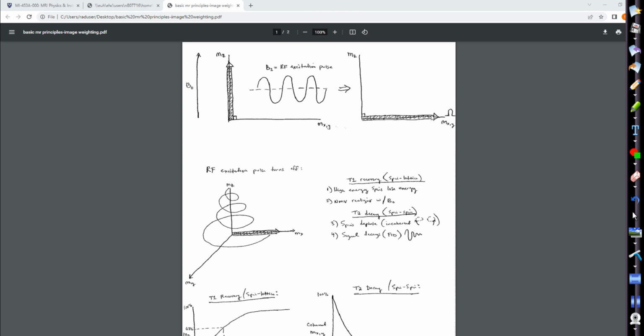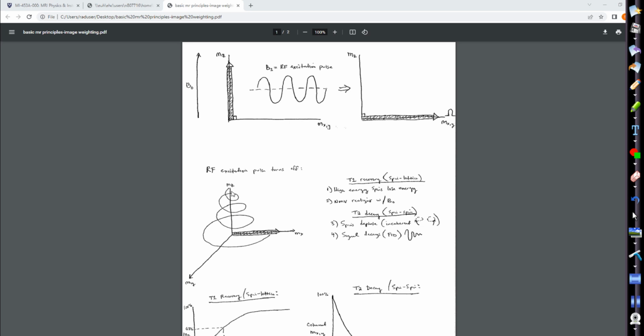We'll have great signal because these vectors are very large, but there'll be no contrast between those tissues. So the image would almost appear as just a bright white image where you could not differentiate all the different tissues. So good. We want to turn this RF pulse off